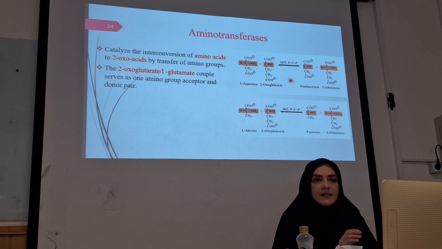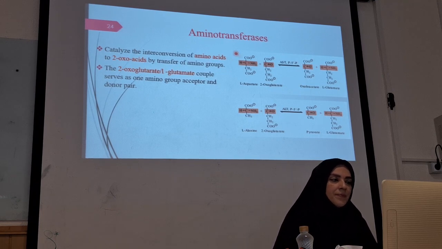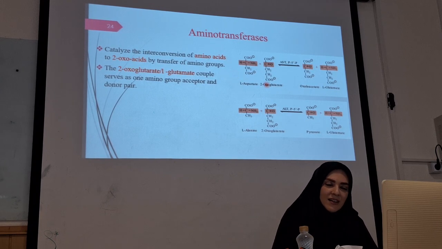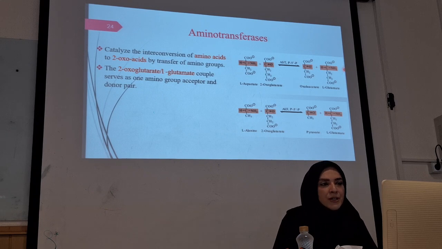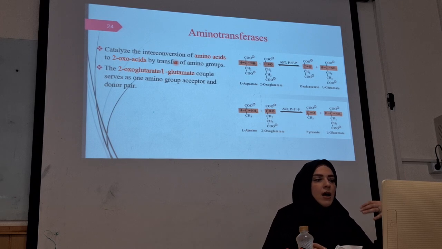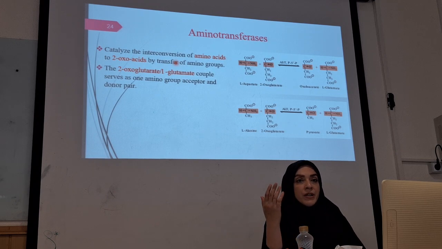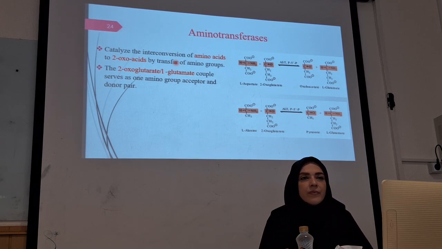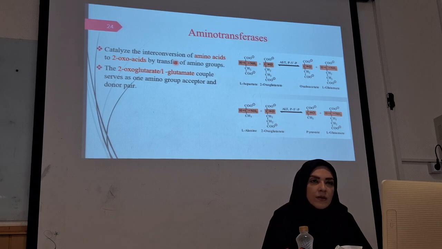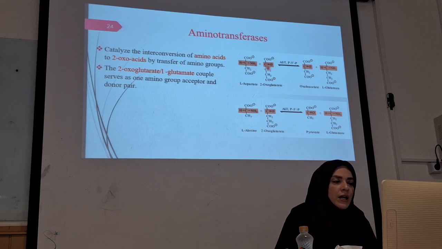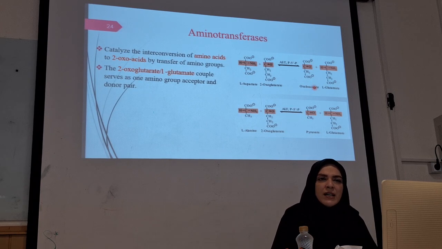So we take the amine group from the amino acid and give it to alpha-ketoglutarate and it makes glutamate. Yes, and produces glutamate. And this is the interconversion of amino acids. For example, aspartate converts to oxaloacetate and also produces glutamate. And the other part of the amino acid is turned into an acid, a kind of alpha-keto acid. Alpha-ketoglutarate and oxaloacetate are considered alpha-keto acids,